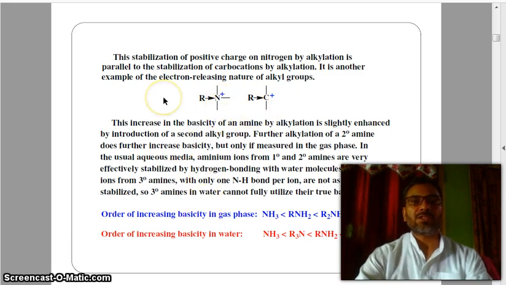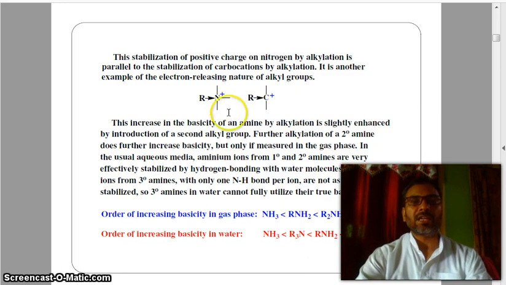So this stabilization of positive charge on nitrogen by alkylation is parallel to the stabilization of carbocations. Look at this, this is the carbocation, and carbon has a positive charge. So it is another example of the electron releasing nature of alkyl groups. If you go through this, you see R is approaching nitrogen and bonded to nitrogen, and nitrogen has positive charge. This increase in the basicity of an amine by alkylation is slightly enhanced by